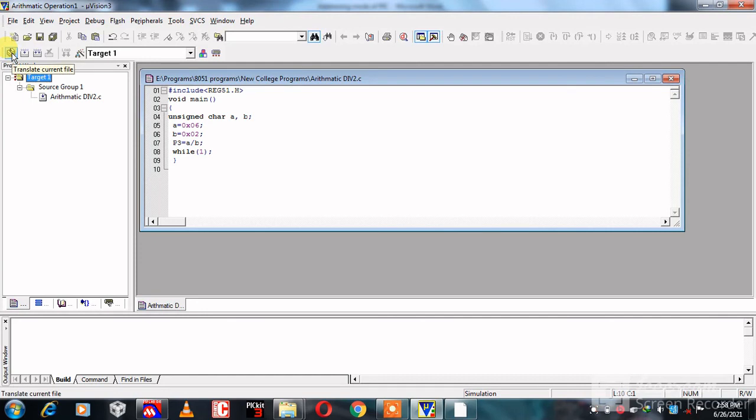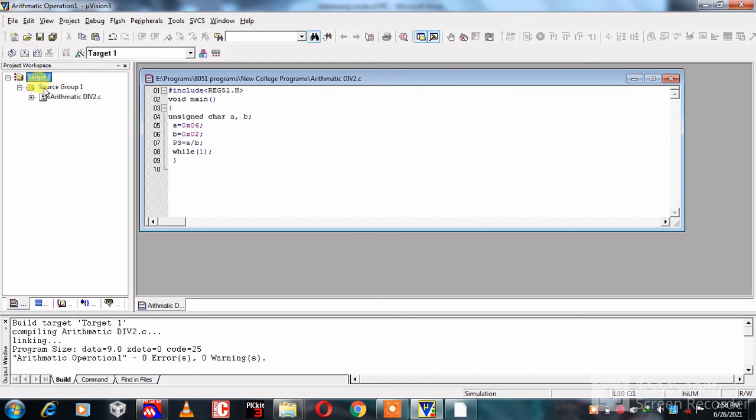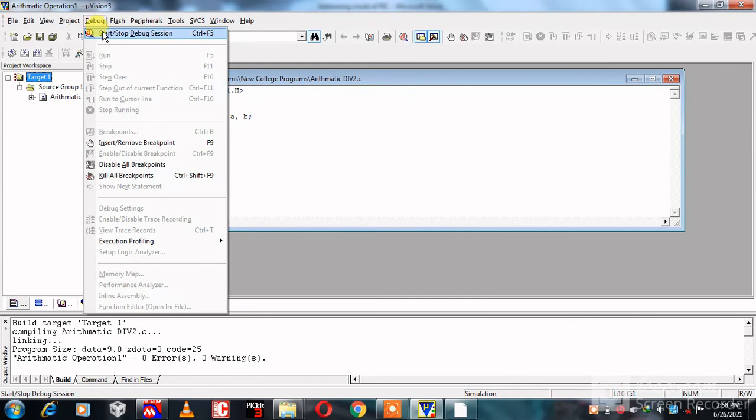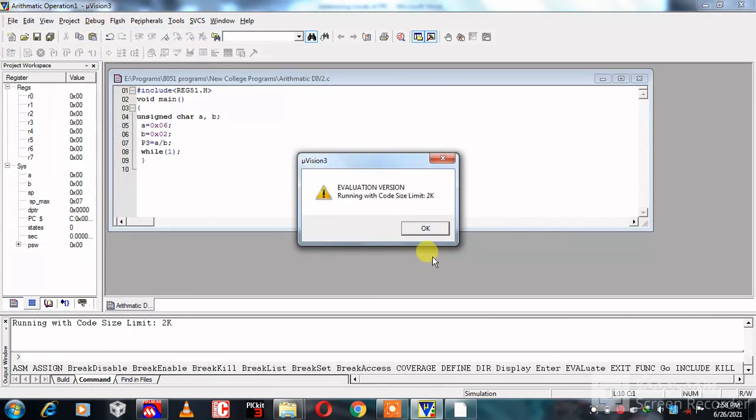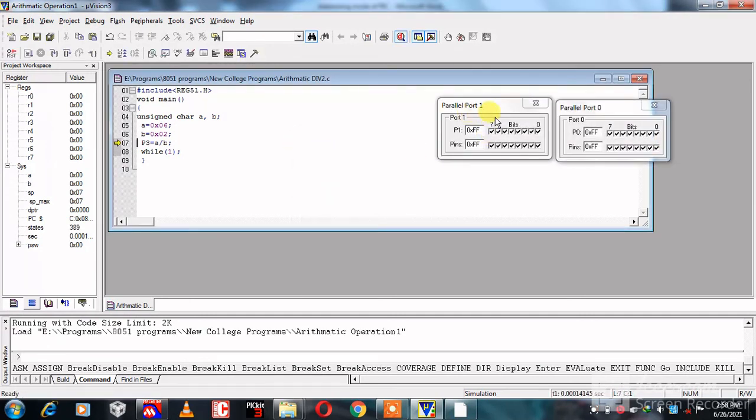Then click on translate current file, then click on build target and again click on rebuild all target files. Here the program error is 0 and warning is also 0. Then click on debug, again click on start/stop debugging, then click on OK.